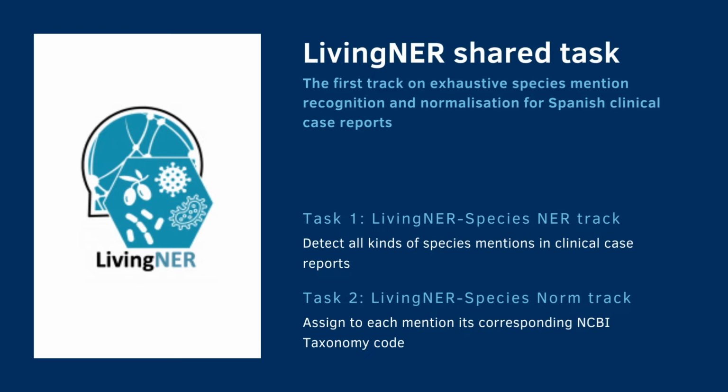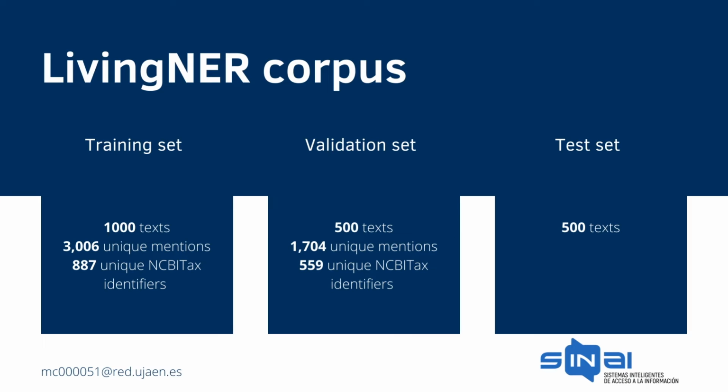The first LivingNER subtask brought the community effort to design clinical coding systems capable of correctly identifying both human and non-human species mentions, while the second subtask required normalizing these mentions by assigning each one its corresponding NCBI taxonomy code. Our team participated in the named entity recognition and normalization tracks, and before introducing our approach to this, I would like to make a quick overview of the LivingNER corpus, just to highlight the particularities that motivated our choices of